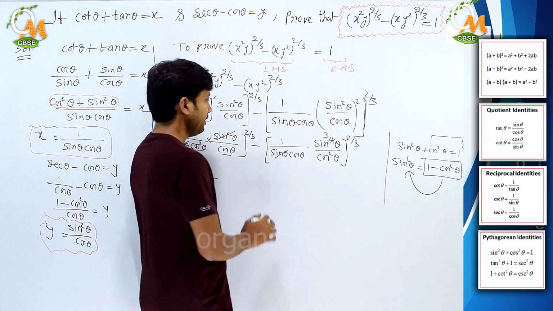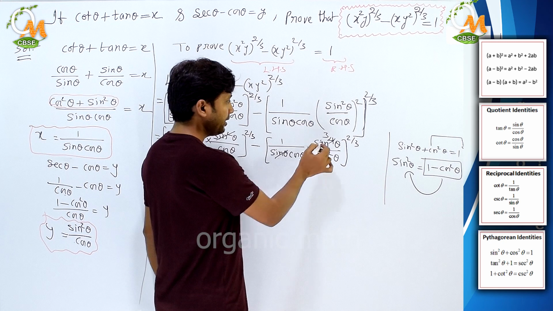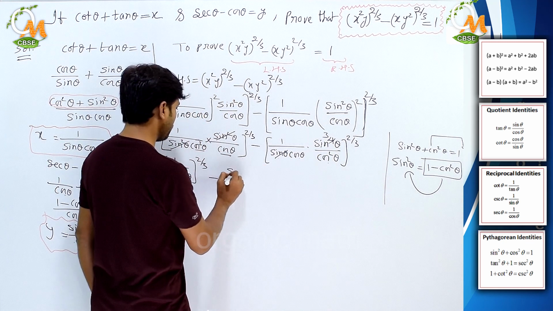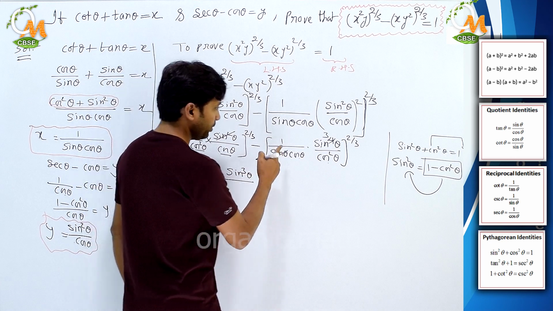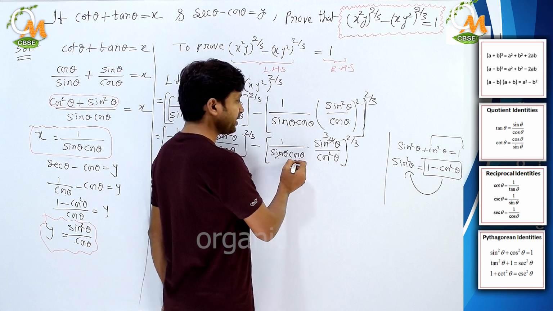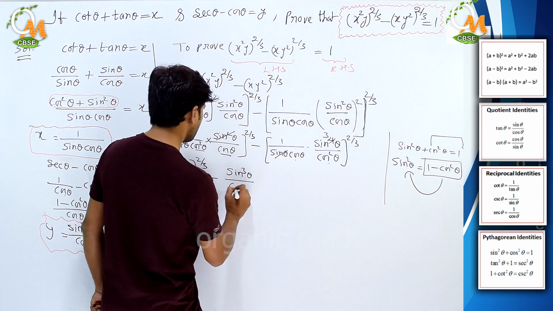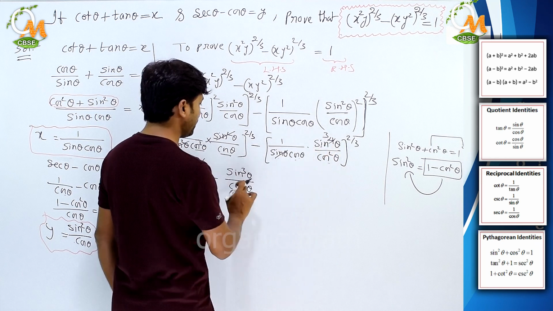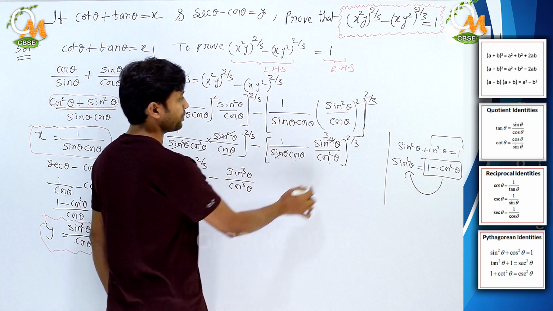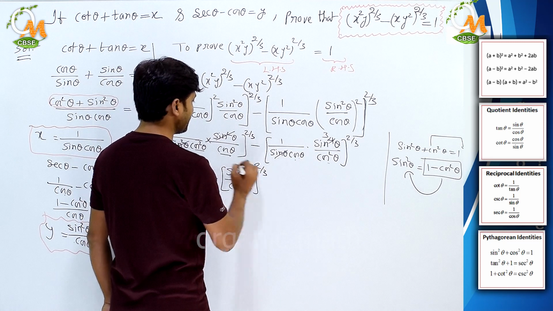Again see here, in this also we cancelled some sine terms. Here sine cube theta is left over. Okay, sine cube is left. And coming to the denominator part, here cos theta into cos square theta, again multiplied to get cos cube theta. So inside the bracket everything is solved and we got sine cube theta by cos cube theta, and we need to put whole power 2 by 3 here also as before.